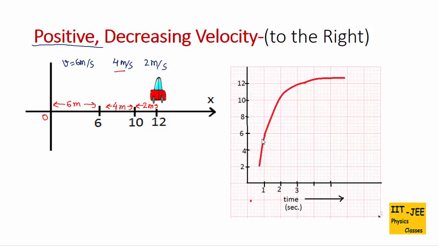On the starting points graph is steeper or rising sharply because velocity is high, and then velocity is decreasing, so graph is getting shallower. Let's interpret this graph. So first of all we will check the position of the graph. Graph is starting from the lower position then moves up to higher position. So that shows the positive velocity of the graph or object is moving to the right direction. Then check the slope of the graph. For that we will draw tangent at some points.